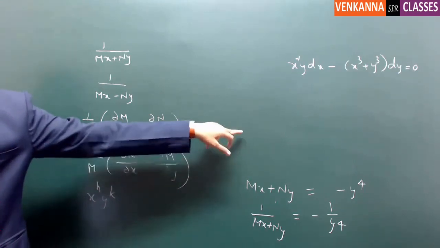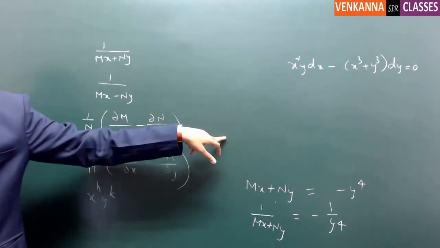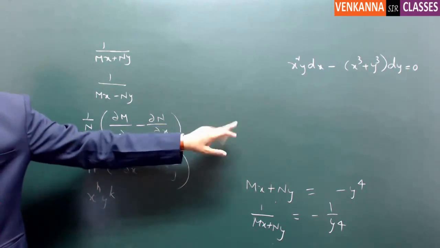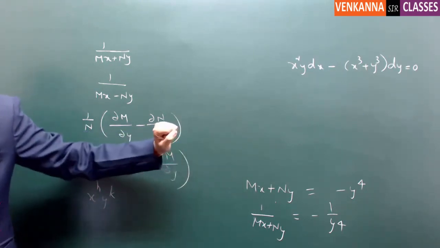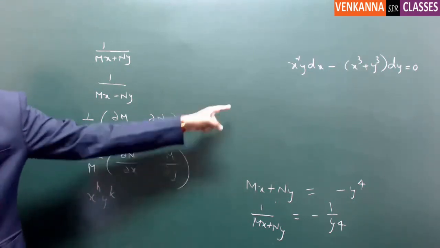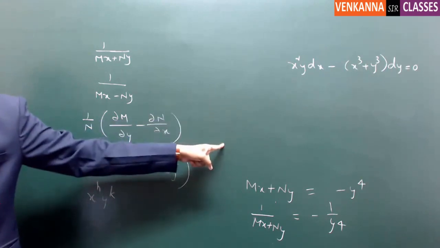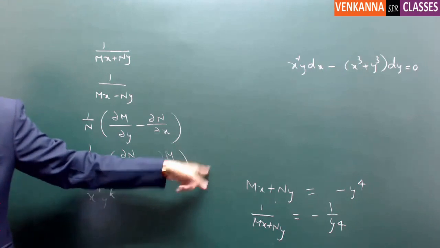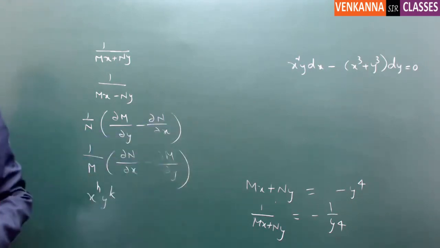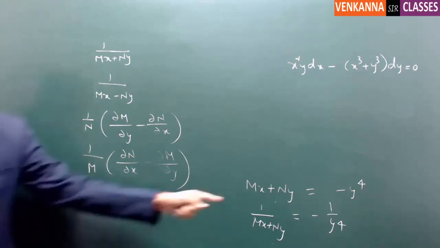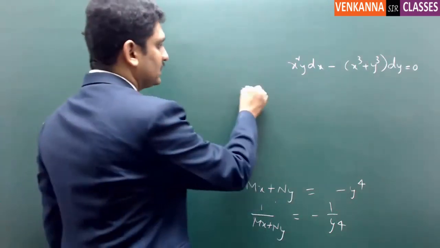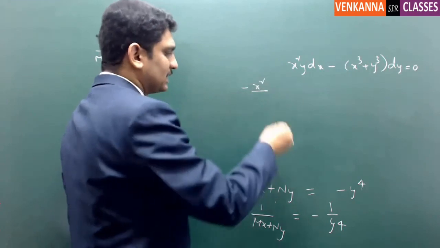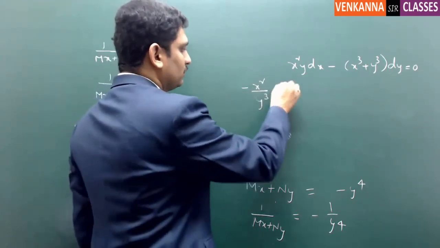I left that part for you, right? And I asked you, am I correct or not? So you have to evaluate both dou m by dou y and dou n by dou x. If the value is unequal, then you have to mention it is not exact, then you have to go with the procedure. Fine? Right. So if you multiply with this value, it is minus x square by y cube into dx